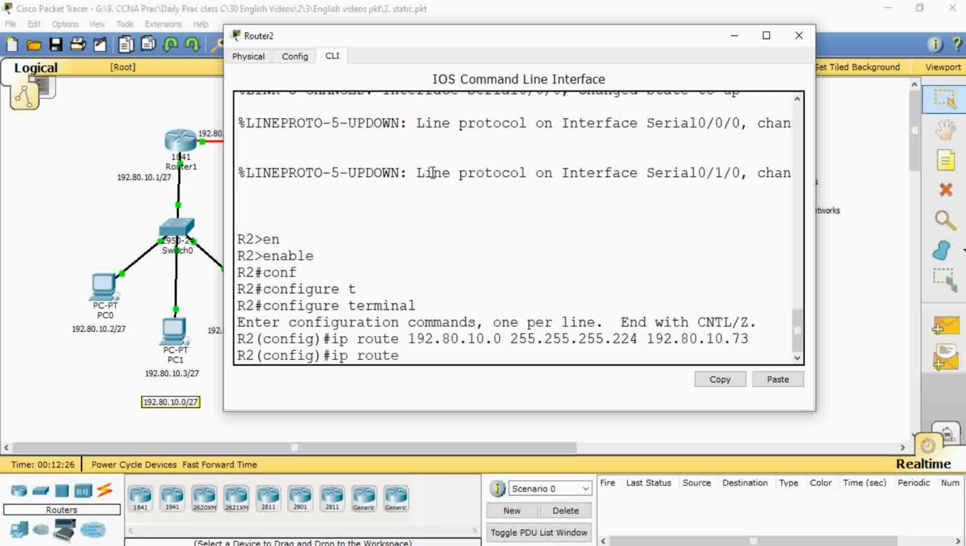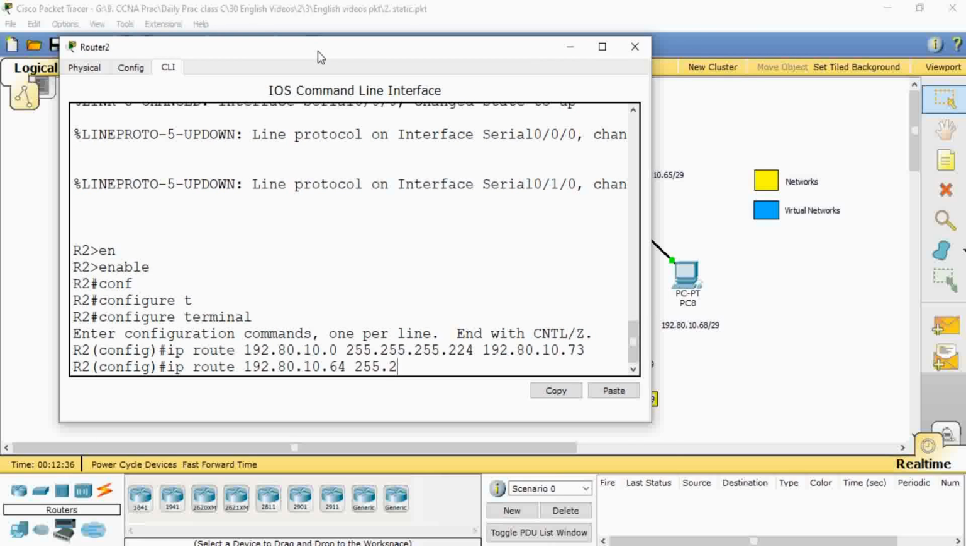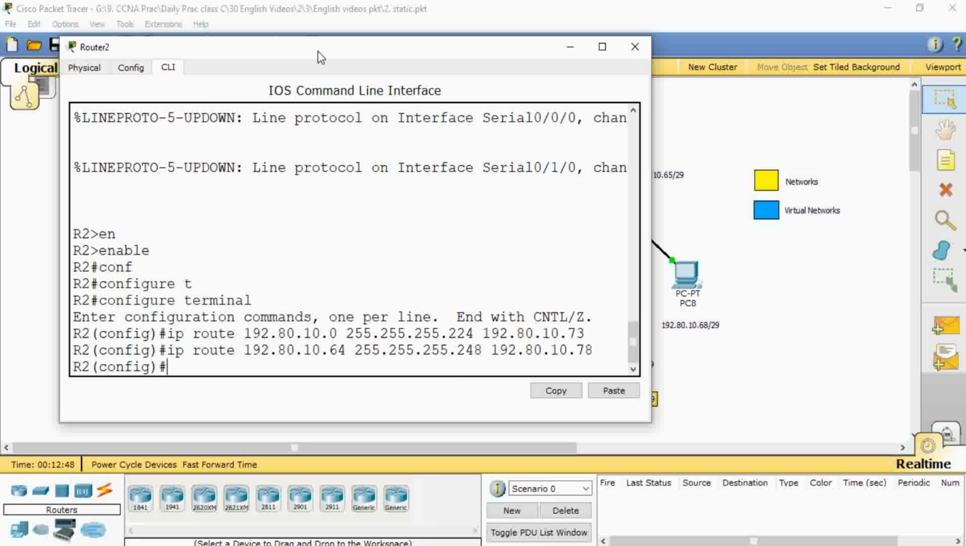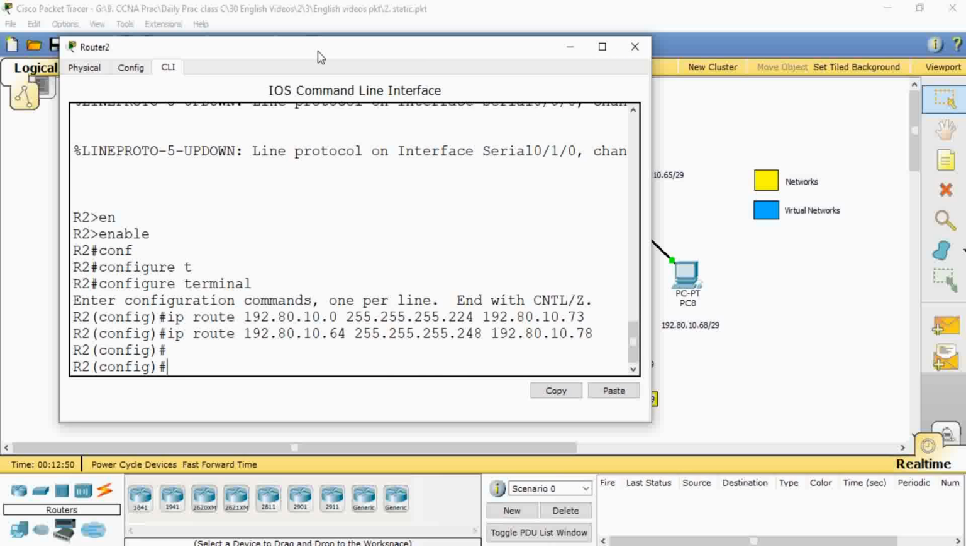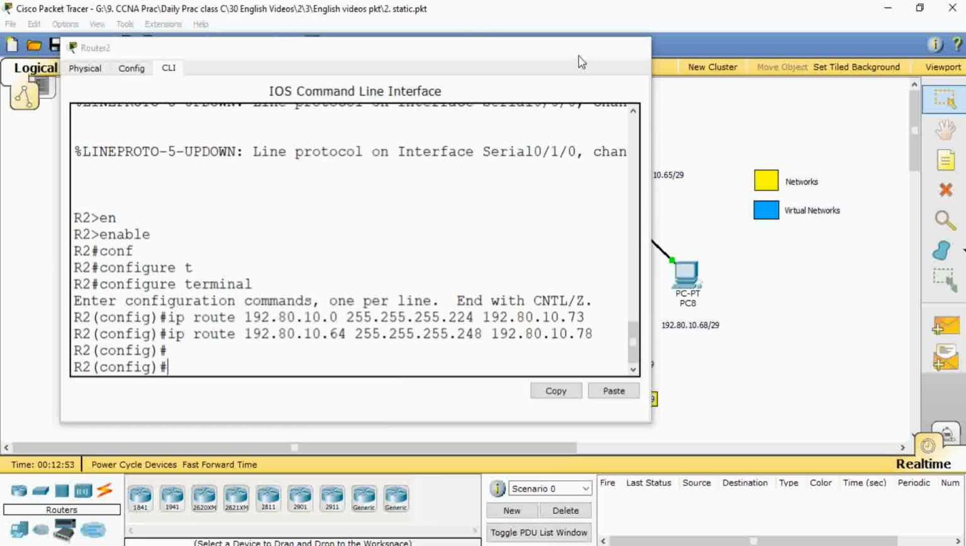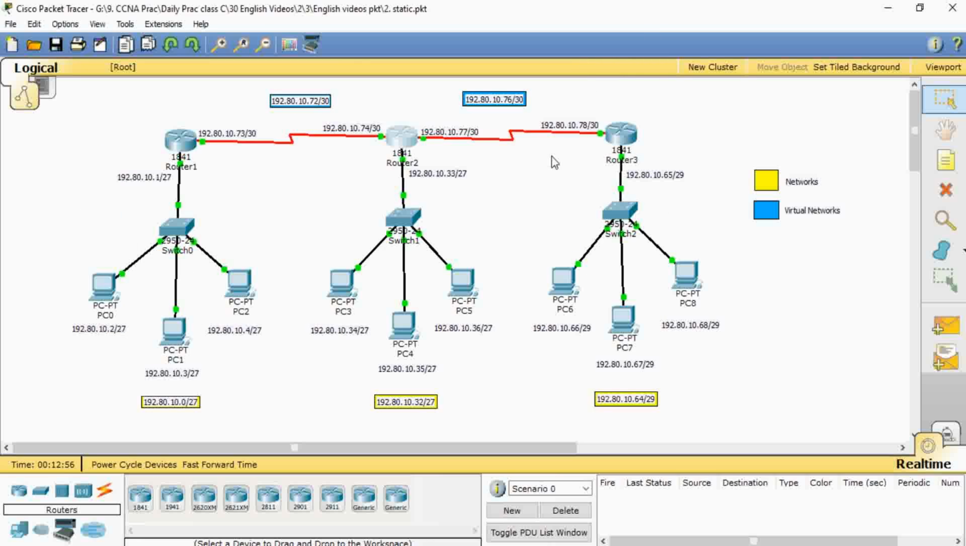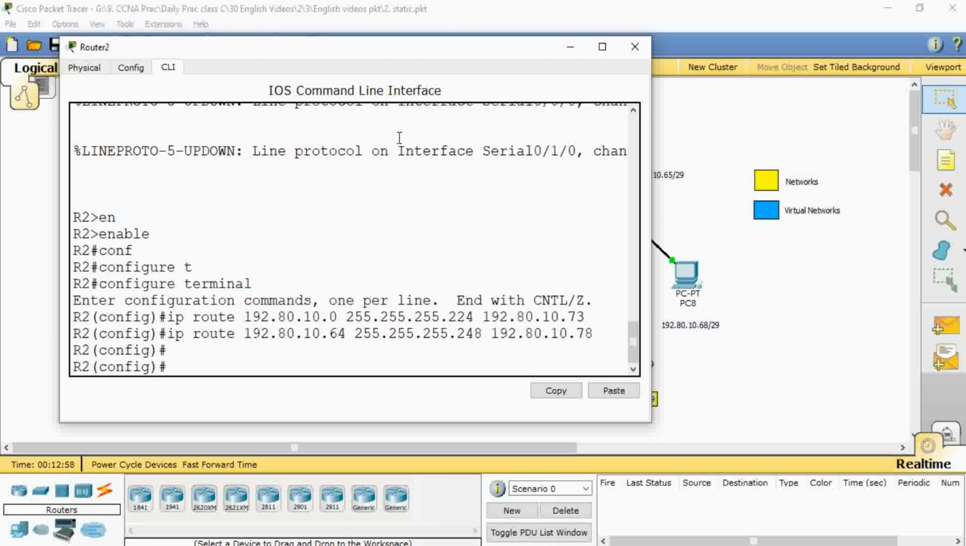Type IP route 192.80.10.64 as router 3 destination network, 255.255.255.248 as destination network subnet mask, and 192.80.10.78 as next hop address. For router 2 to router 3, router 3 will be the next hop and the connected interface becomes the next hop address. As virtual network also, type IP route